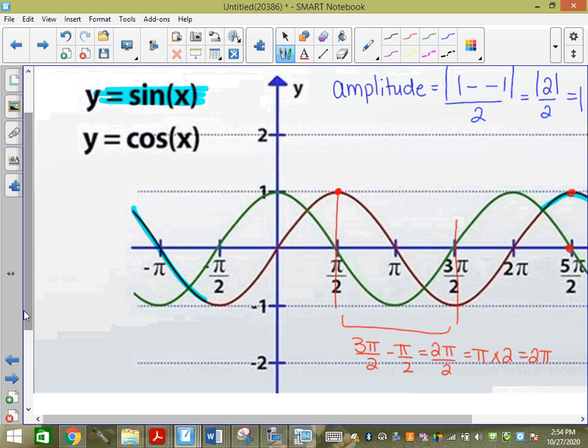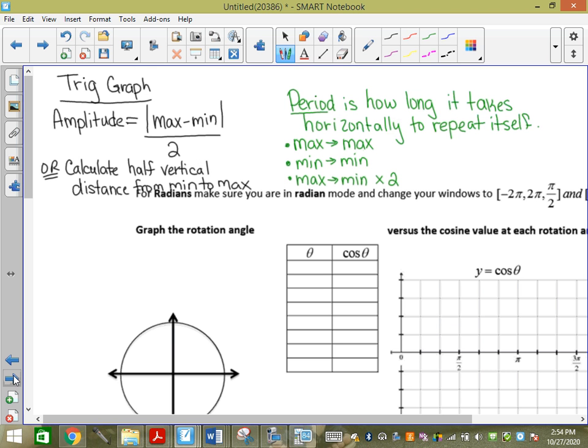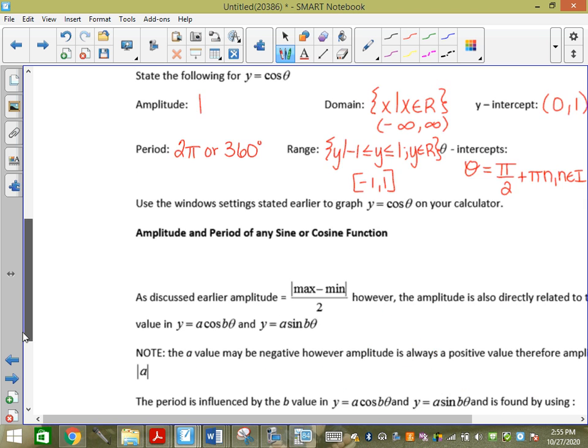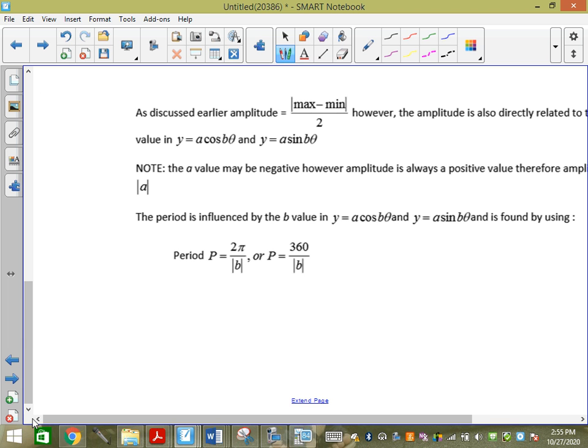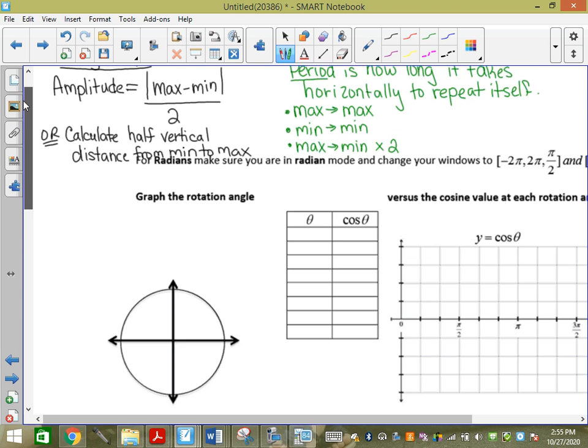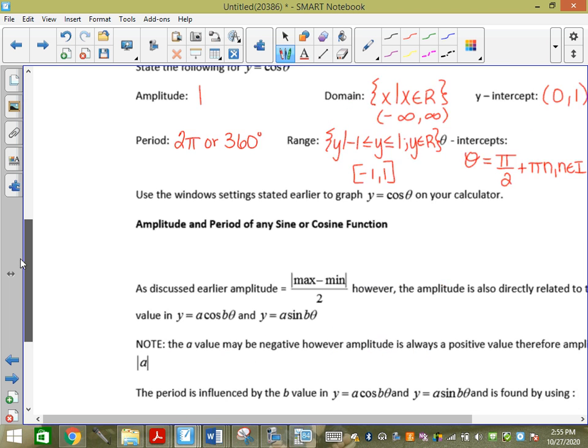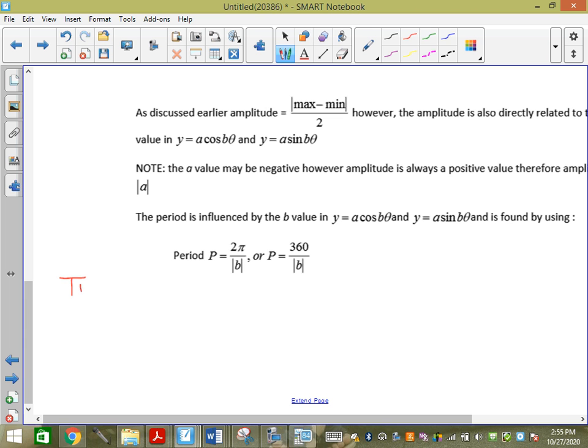Not today, though. Okay, so on that same sheet, we're going to go over what if I give you an equation. So this was a trig graph, right? We could pull that stuff off. What if I give you a trig equation? So the trig equation could be y equals a sine, transformations is coming back with a vengeance, bx minus c plus d,